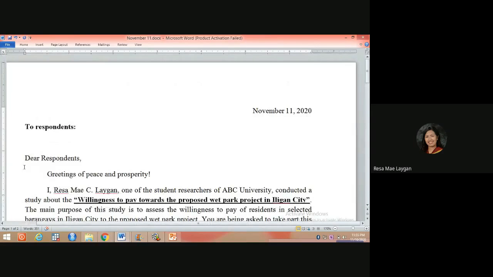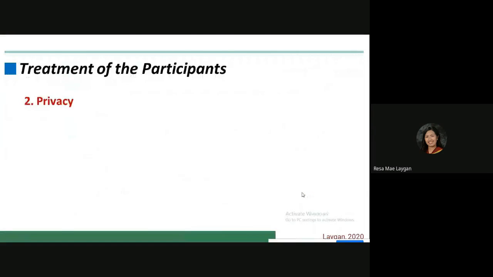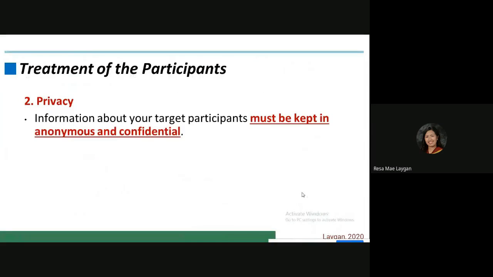So, let's go back here. Let's proceed to privacy. Privacy is really necessary, especially when you deal with participants. Information about your target participants must be kept anonymous and confidential. As mentioned in the informed consent, the researcher assures that the responses of the participants or target respondents must be kept anonymous and confidential. Example,